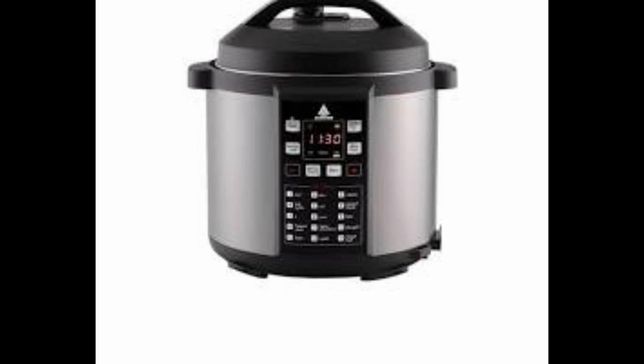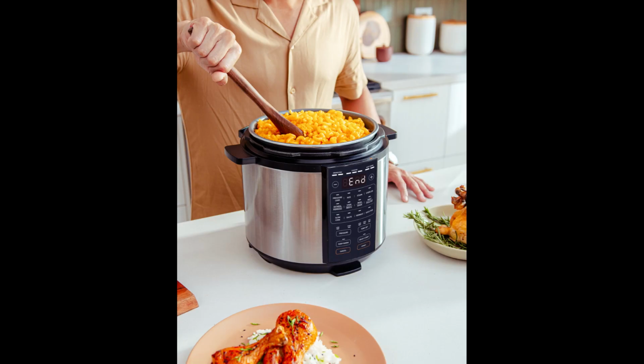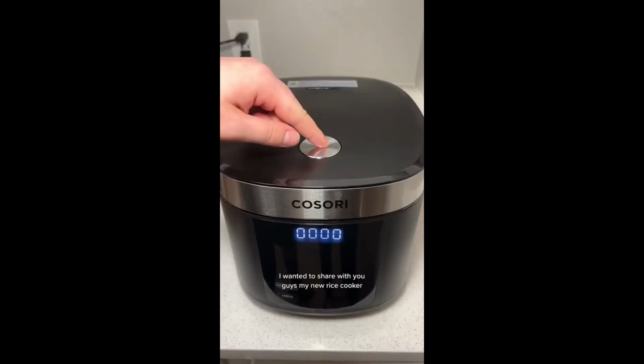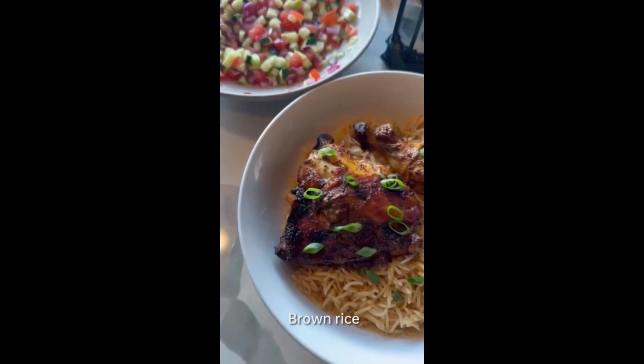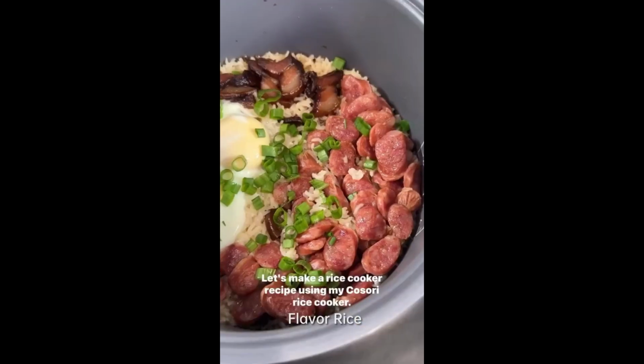Safe experience. I have been using this pressure cooker for 2 weeks and I have been very happy with it. It is very easy to use and it has many different functions that make it perfect for quick and delicious